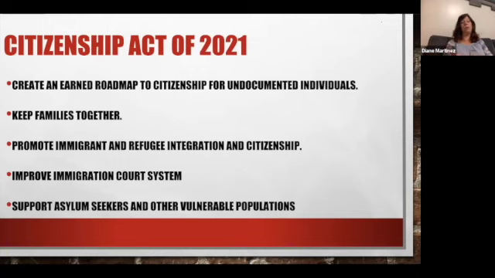For these people to be able to apply for citizenship, though, they have to learn English, and they have to learn our civics and government test as well. And they want to put in a provision making sure all the way through this process that they've been paying their taxes. Those are some of the requirements that are going to be there.